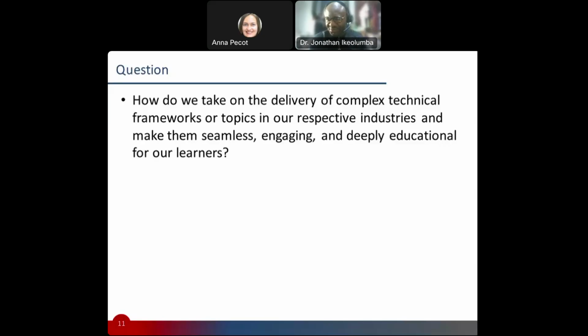It would just be nice to know what the room feels around this topic, because I hear this a lot, and I think it's nice to know what the room thinks. Could there be any view that I've not covered in terms of what's in the chat? Nenaya says, I break down the concept to something they're quite familiar with. Nenaya says, I use a lot of storytelling. All right, very cool. Could there be any other response that I haven't covered?